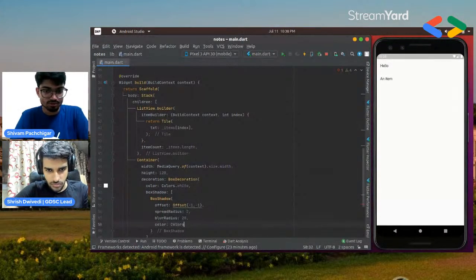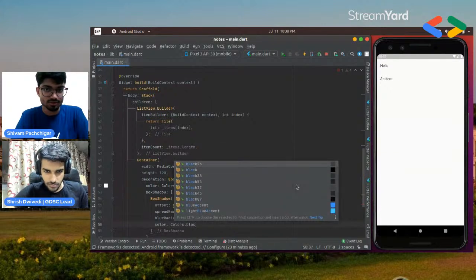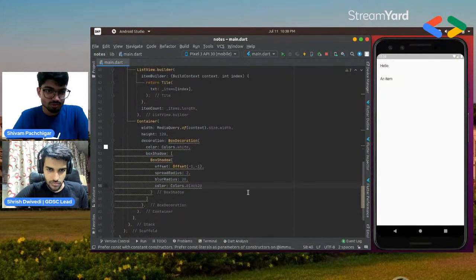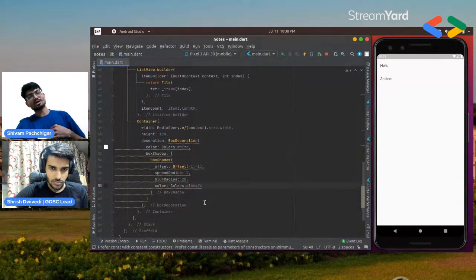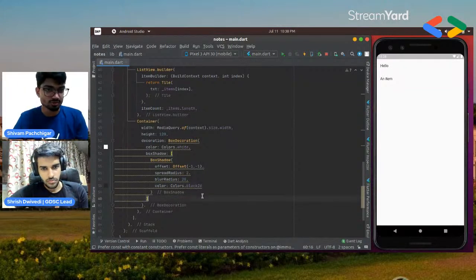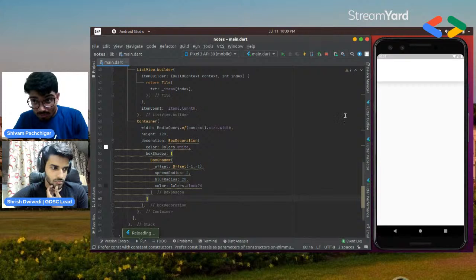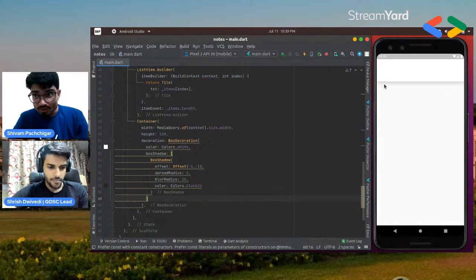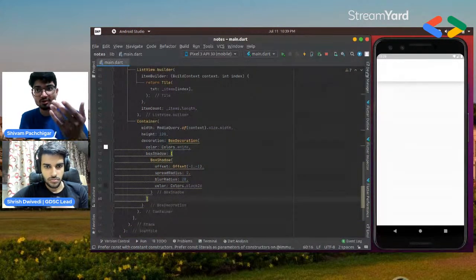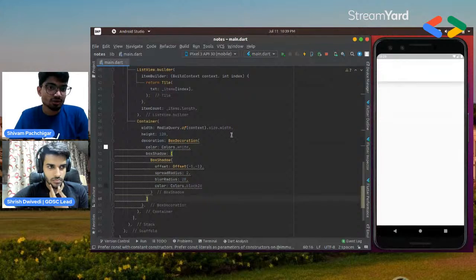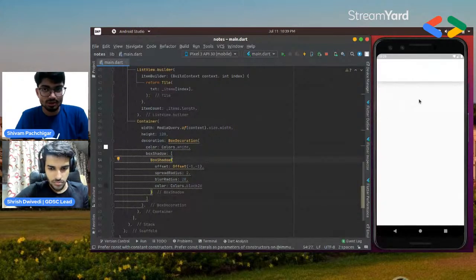Here I would like to just simply give a black 26 color. So this black 26 color is a black color with 26% opacity. So here is this widget. It is on top of the list queue. And what I would like to have is this widget at the bottom of